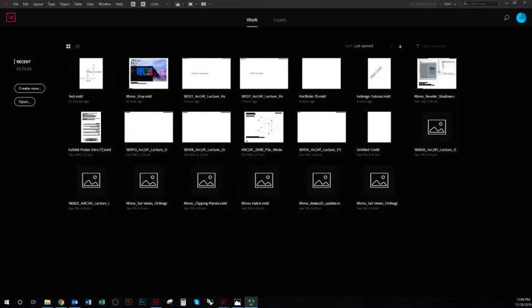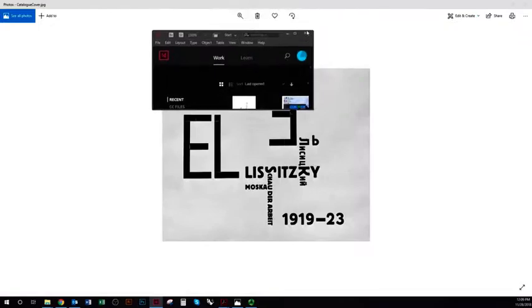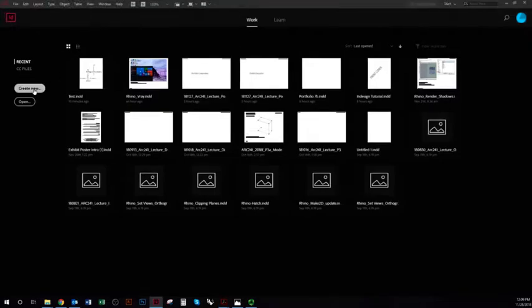Okay, so welcome to your portfolio tutorial. So what we're going to do is compose the portfolio in InDesign. So if we open up InDesign, right here, the first step we've got to do is create a document. So over on the left-hand side, I'm going to click Create New,